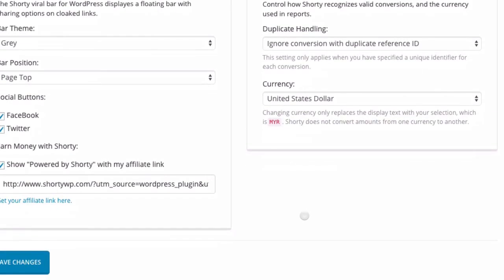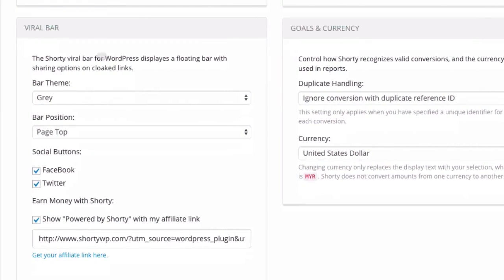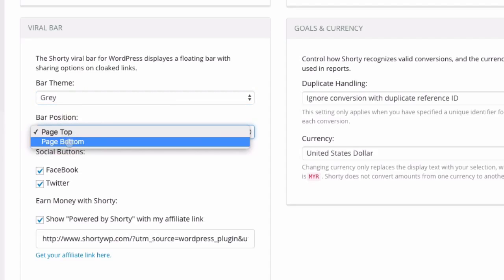All right, now let's go to the viral bar option here. This viral bar is basically a small little bar that you will see when you cloak an affiliate link in Shorty. Now this is not really critical, it's just some styling options here. You can change the bar from gray to black, change the position from page top to page bottom, etc., and choose which social buttons you want to